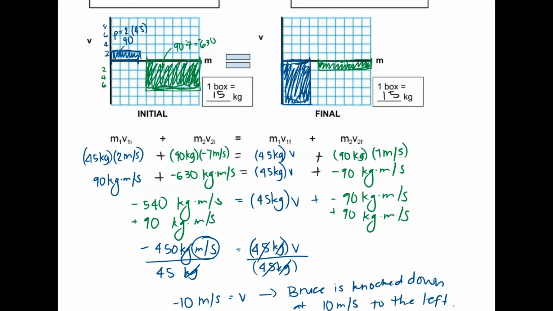So we'll go, Bruce is 45 times 10, which is 450, negative 450. We're going to look at Griff's 90 times -1, which is negative 90. And we have negative 450 plus Griff's negative 90 should be the same as negative 630 plus